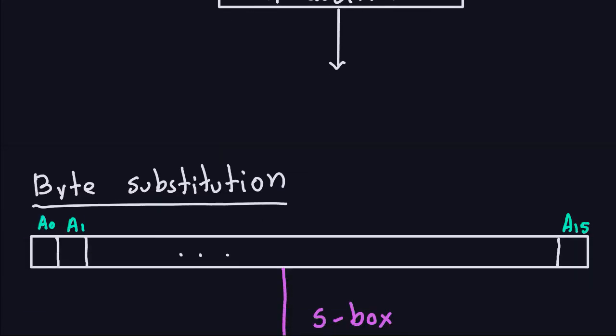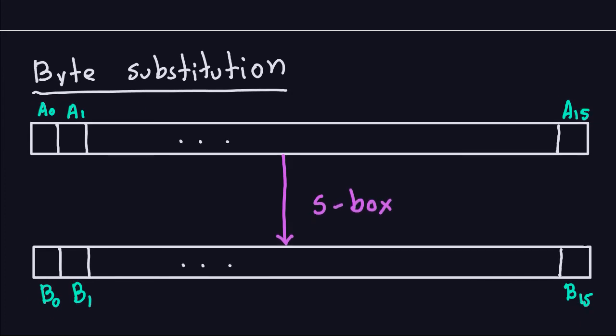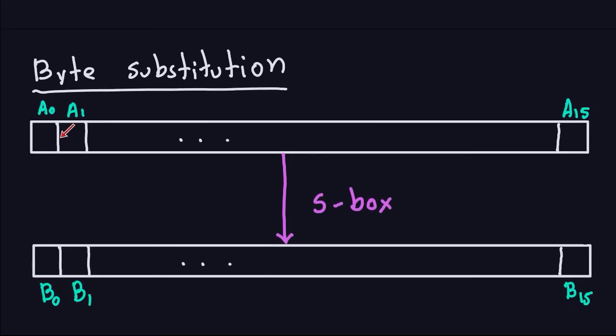Just to set up the notation, let me recall what the byte substitution is. This rectangle represents the 128-bit block. Every subrectangle here is a byte, A0 through A15, because I have 128 bits and I divide it into bytes. The first one I'm going to denote A0, A1, all the way through A15. So I have 16 bytes. Now, as we saw in the previous video, you apply the S-box to that, and once you apply it, you get another